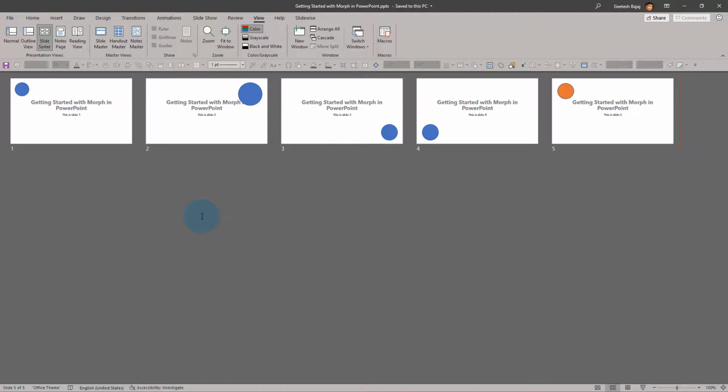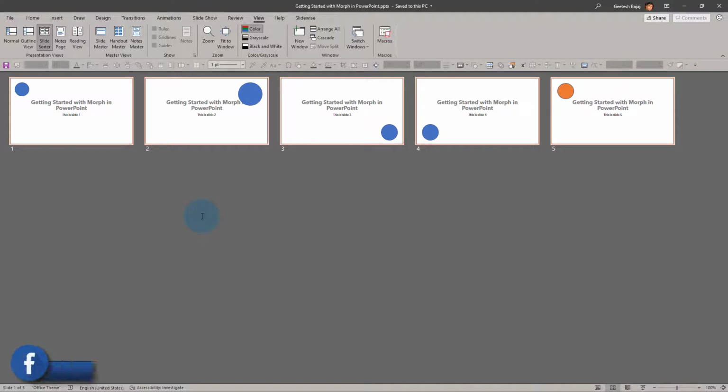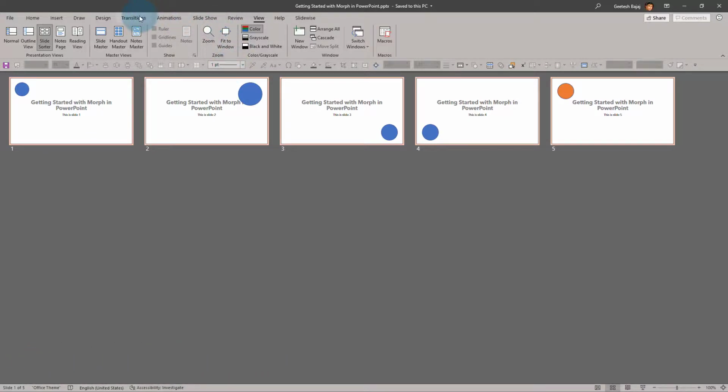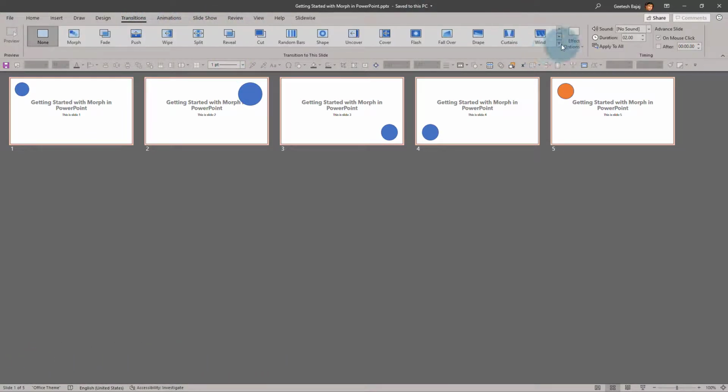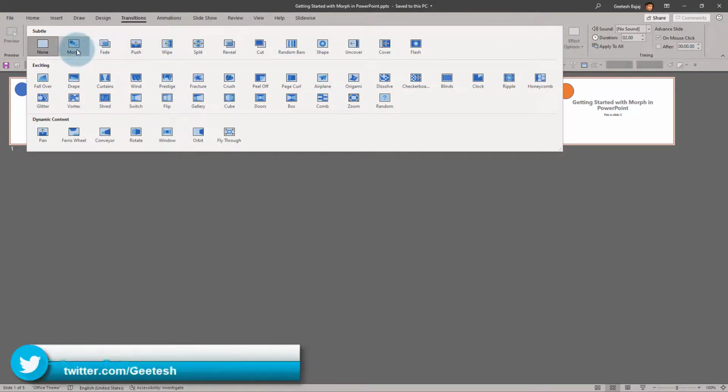I want to select all of them. So what I'm going to do is use the Ctrl+A keyboard shortcut. If you are using a Mac, you will use a similar Command+A keyboard shortcut. Now we access the Transitions tab of the ribbon, open up the Transitions gallery, and then we choose the Morph